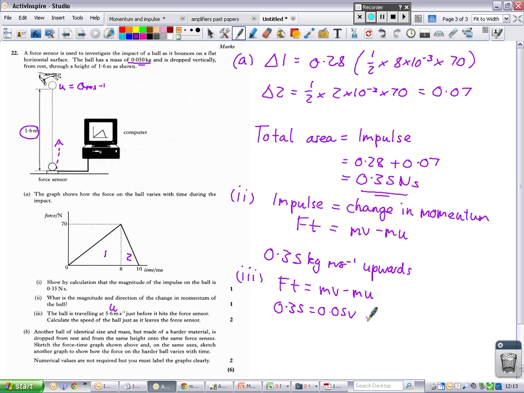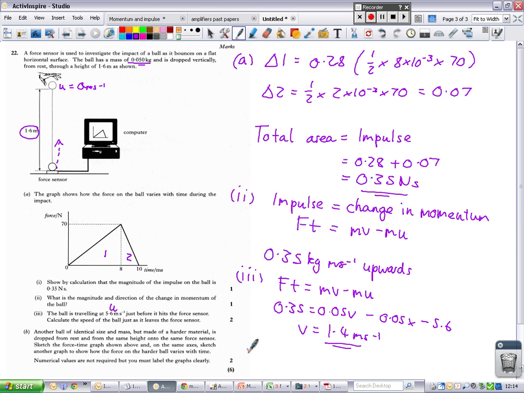V is going to be in the opposite direction to u, so you could make v negative, or it's probably just as easy to make u negative here, so it's 0.05 multiplied by negative 5.6. But again, it doesn't matter which one you make negative as long as you make one of them negative to show that it's in the opposite direction. So that gives you basically a positive number here because you're minus that number. Solve for v and you should get 1.4